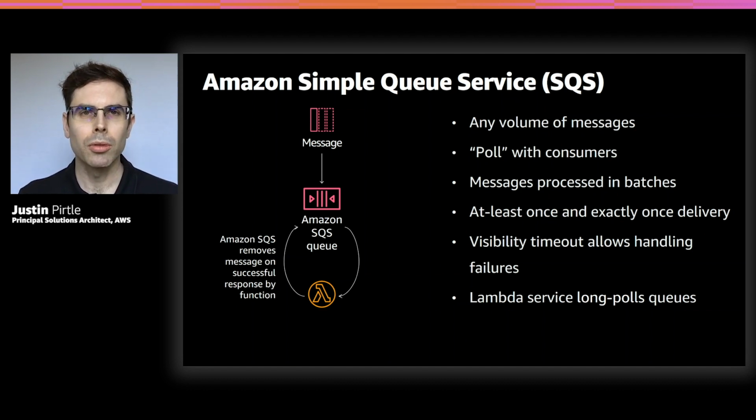And as soon as the poller and the consumer finish processing the message, they delete it from the queue with the delete API. If they fail to process the message or fail to call back to delete the message, after that visibility timeout expires, the message is visible again and will be picked up by another consumer. Hence we call it at least once.